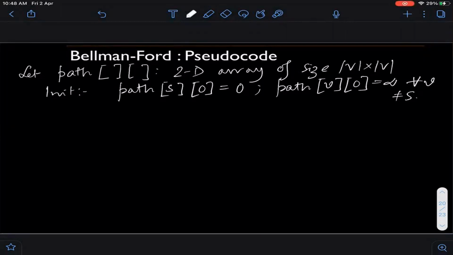Right? So we have to fill up column wise. Yeah. So this is a bit critical here, because again, how do you justify that? Why do we need to fill up column wise?